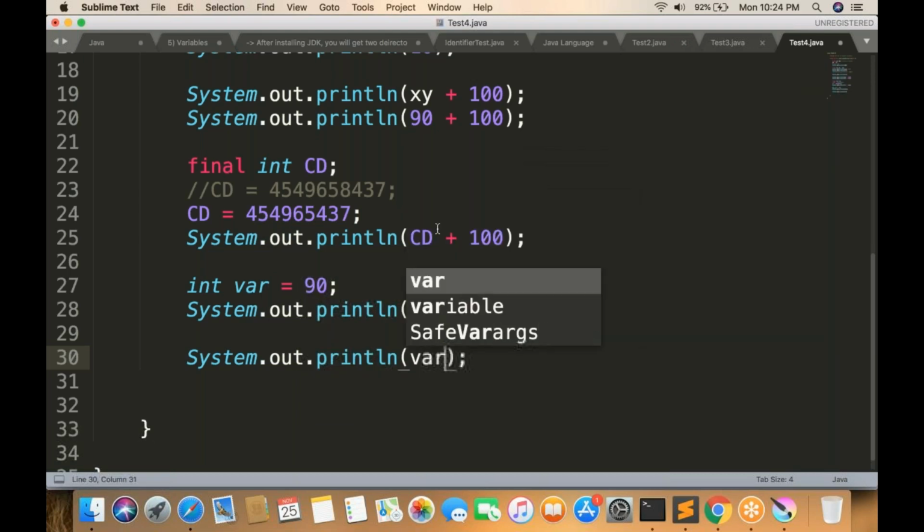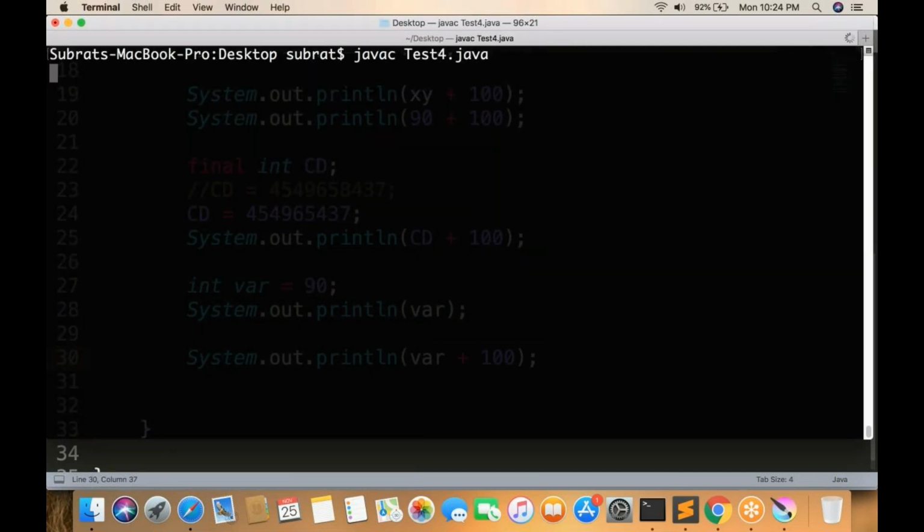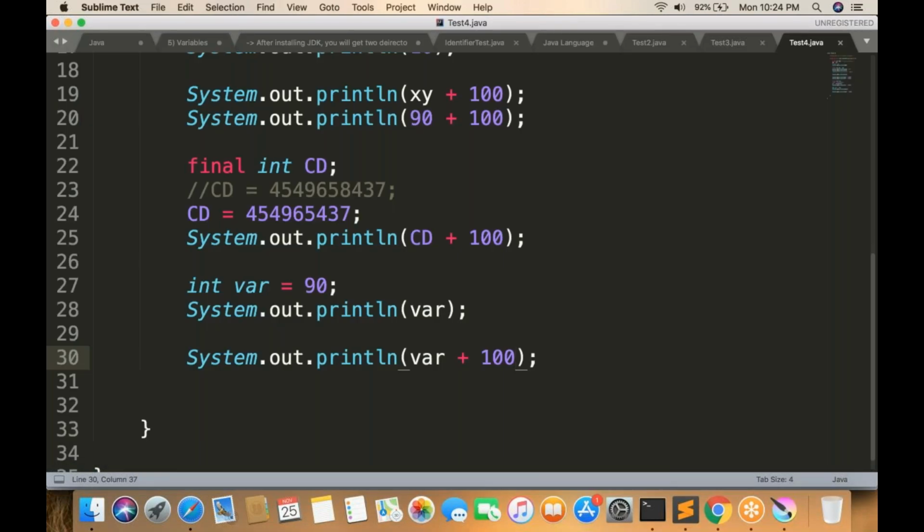But if here I do variable plus 100, then again it will give the proper result only. But the memory would be allocated for this variable